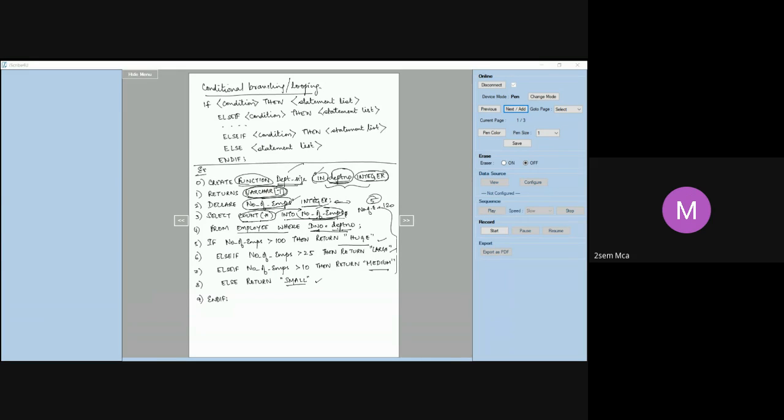Any questions, any doubts in any of these lines? No doubts?